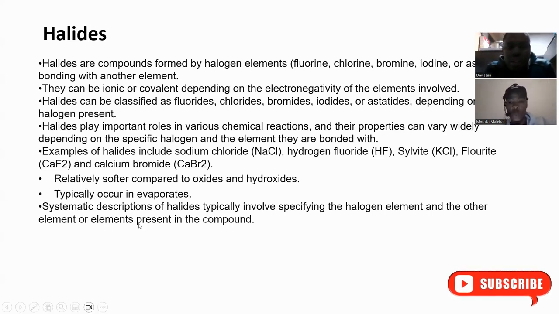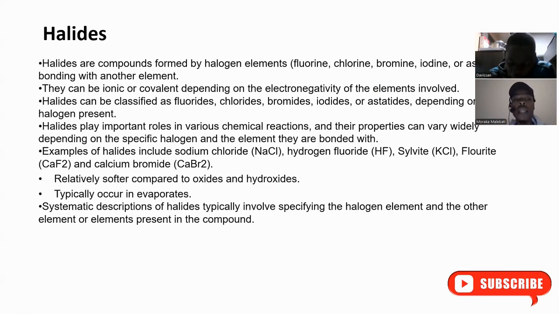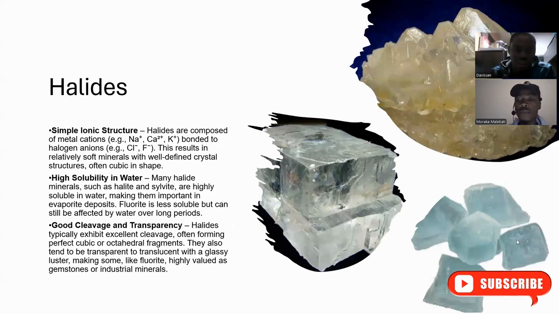Okay. So this, for example, is what you call a sylvite, meaning potassium chloride. This is what you call a halide. And then this one is calcium bromide. So all of these halides consist of metal cations: sodium,